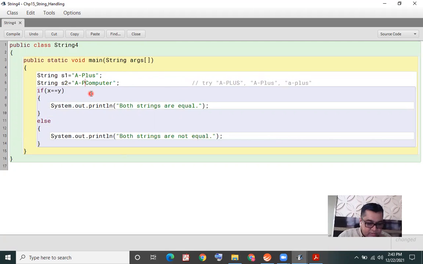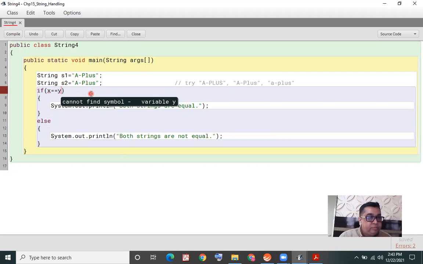S2 also I had assigned the same string. Now what you do is, while practicing, you try changing it to so and so, A plus in capital or A plus in small.